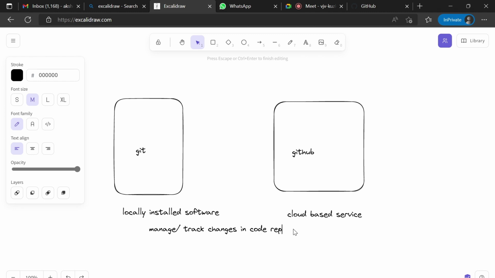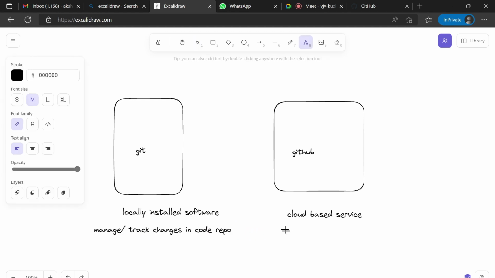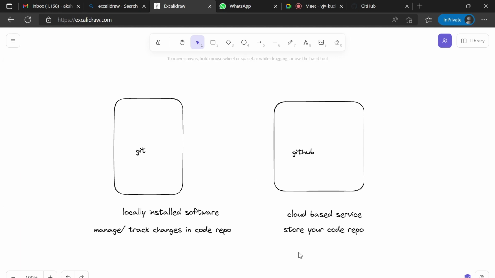While GitHub is just a place where you store your code repo. As I told you in yesterday's session, when you store your code on a local machine, there is a possibility that it can vanish or be manually deleted, or when your system gets corrupted, the data also gets corrupted and you may not be able to access your code files again.